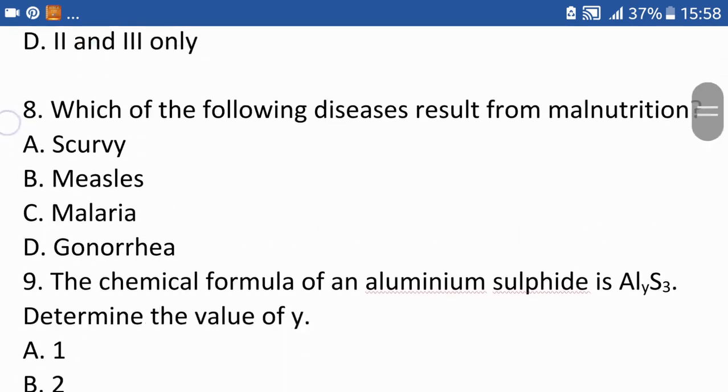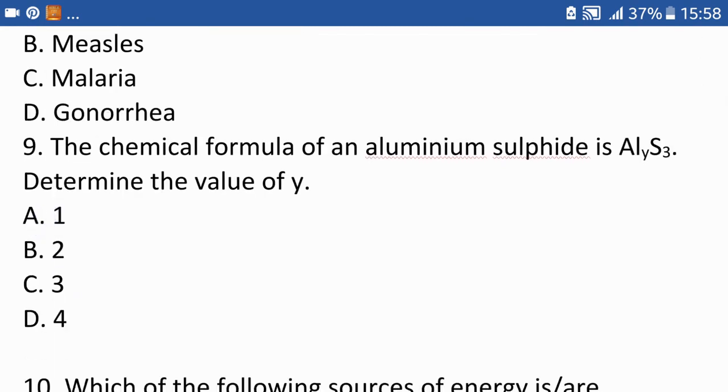Question 8. Which of the following diseases results from malnutrition? Question 9. The chemical formula of an aluminium sulfide is